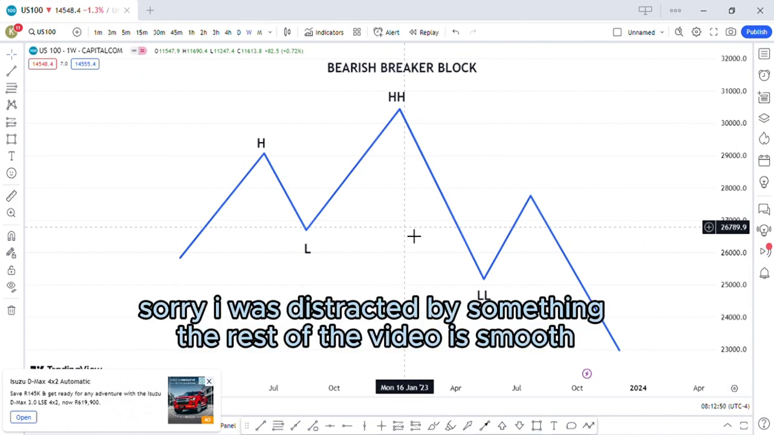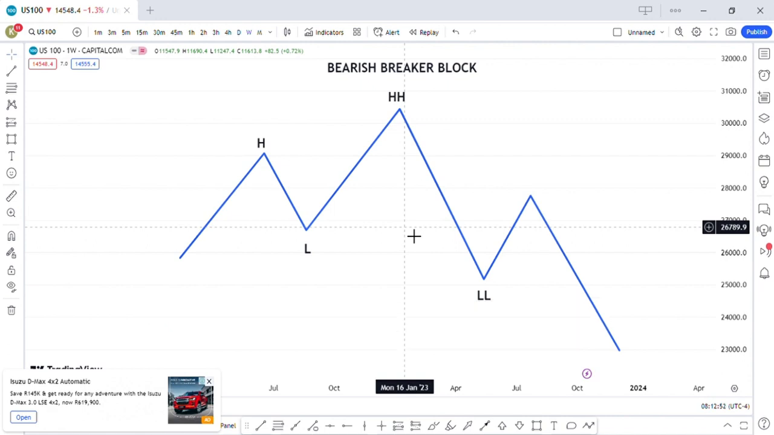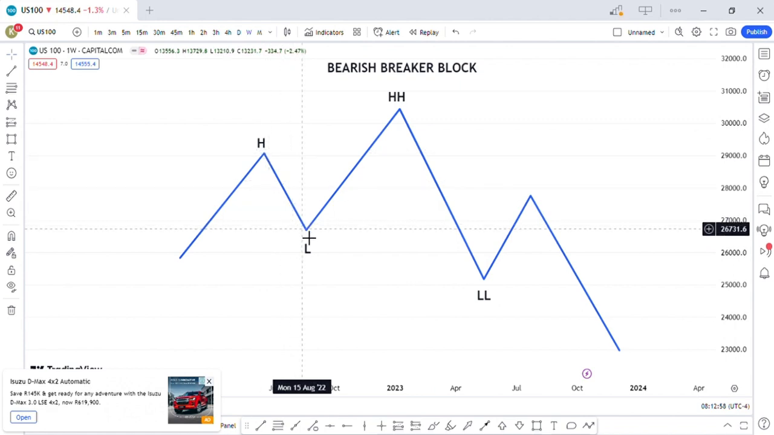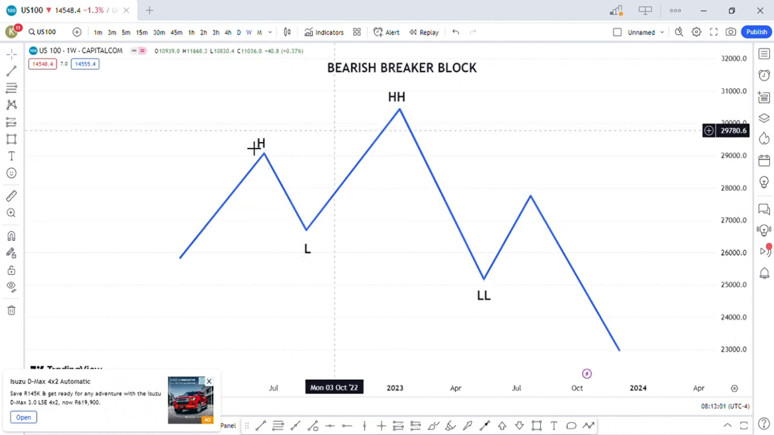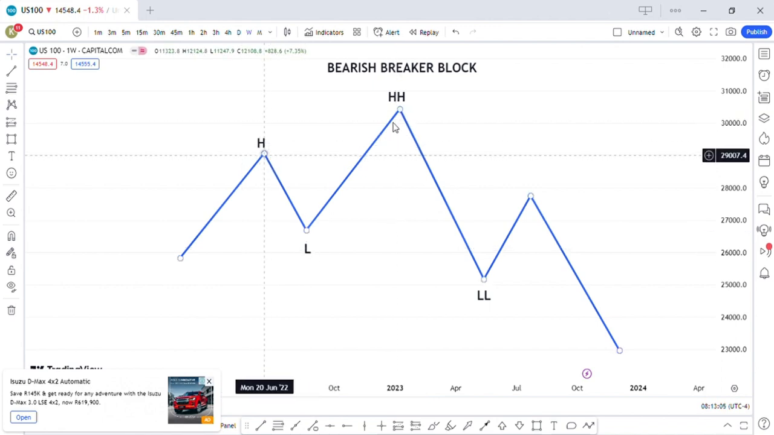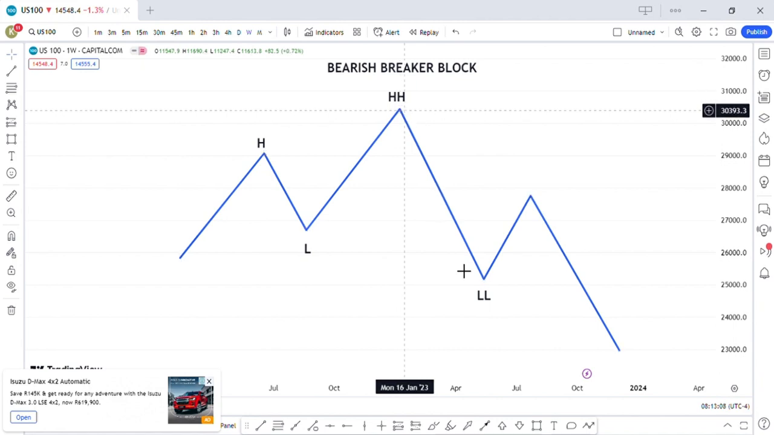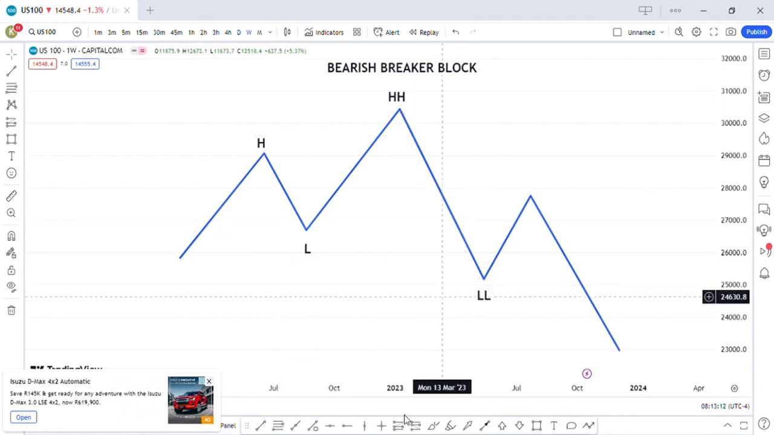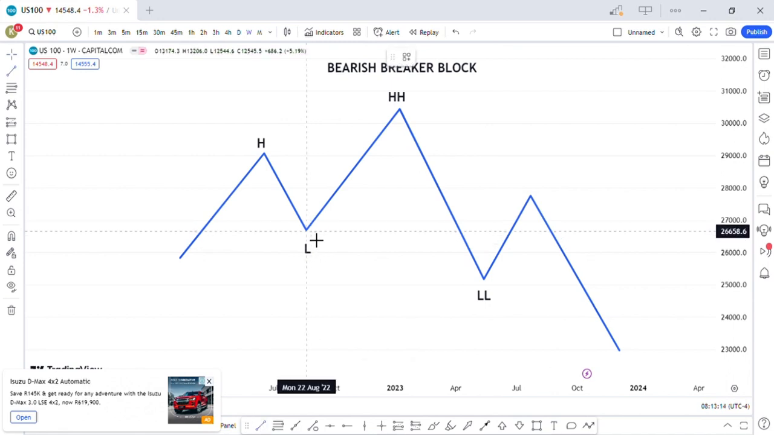For a bearish breaker block, we have to have a high and a low, then a higher high. It's a higher high because it's higher than this high. Then we have to have the market displace below this low and make a lower low. The minute this happens,